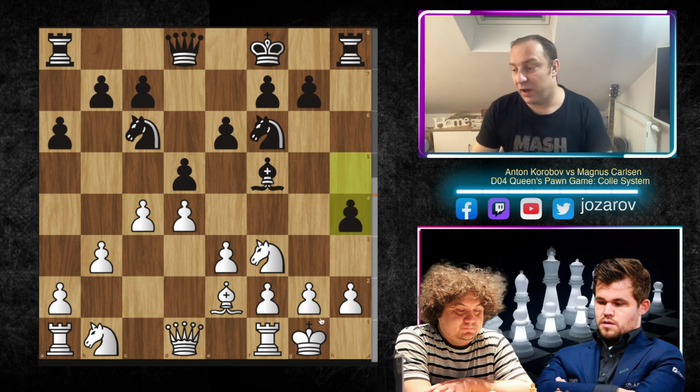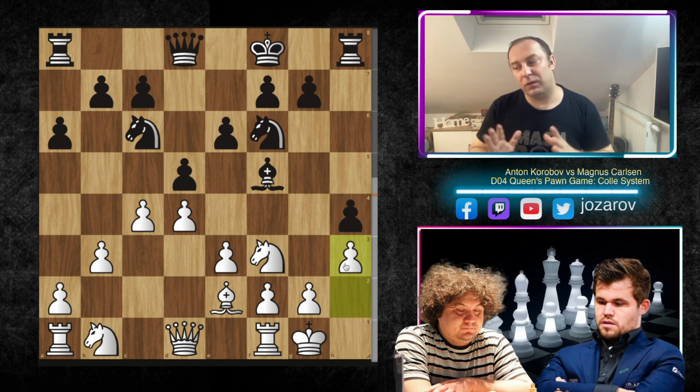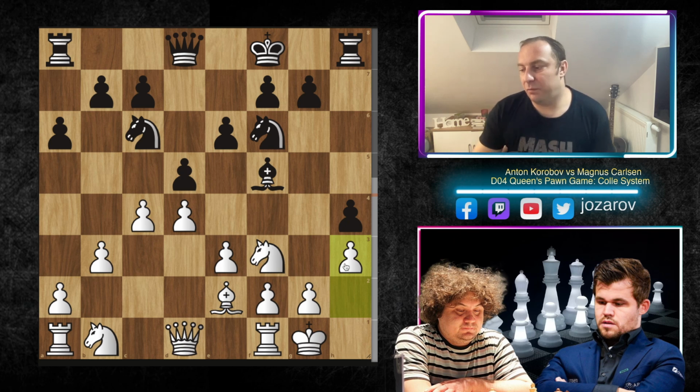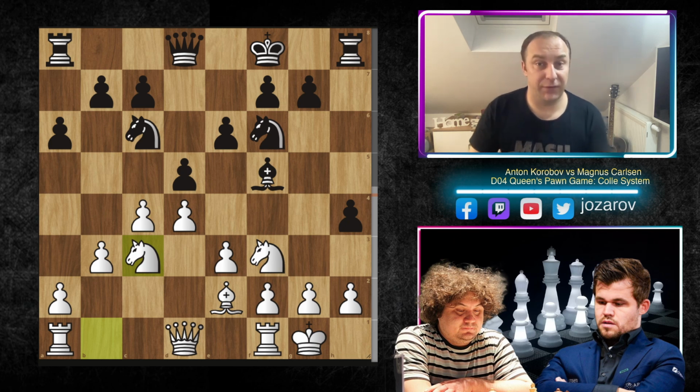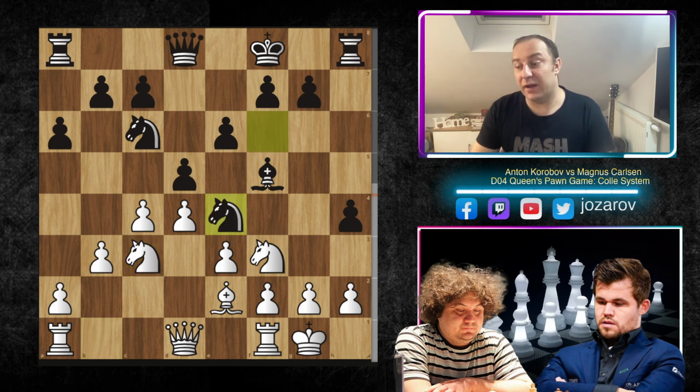We have now h4, and now in my opinion you have to play in one particular moment this kind of move, h3. You shouldn't allow Black to proceed here with the move h3, then it simply weakens your light squares too much. Then you have to pass through with g3, then of course bishop to e4 could happen, attacking the g2 weakness. So it's really weird. So in my opinion, when you get attacked like this, you should really secure your position with a potential h3 move. But here Korobov continues his development, plays now knight to c3, and now Magnus plays a beautiful outpost,